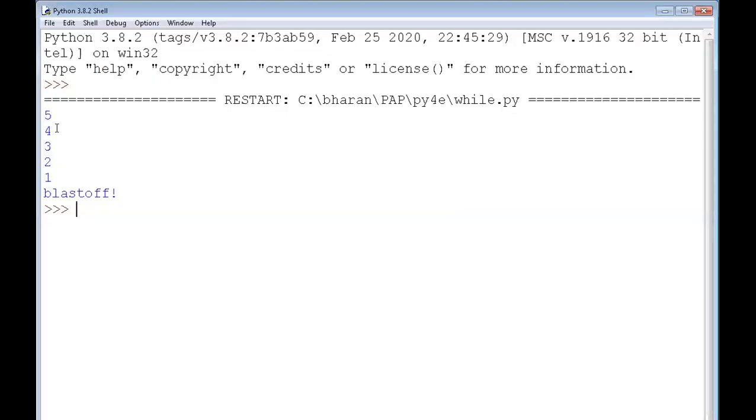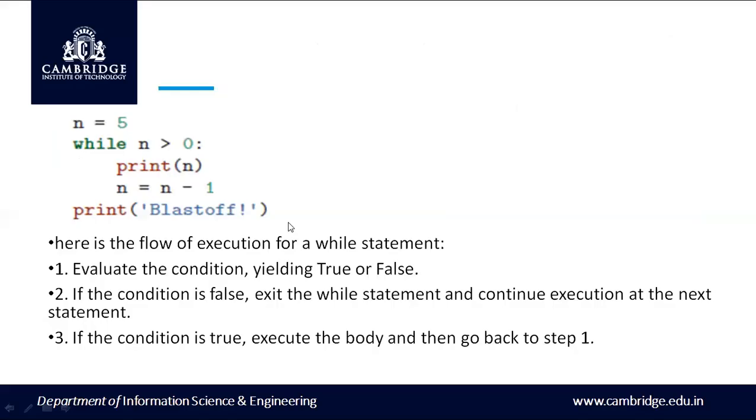When I run the program, first n is printed. Because n is 5, 5 will be printed, and then it is decremented by 1 using the statement n is equal to n minus 1. Finally, when n is less than 0, it comes out of the while loop and prints blast off. That is the form of iteration for the while statement.